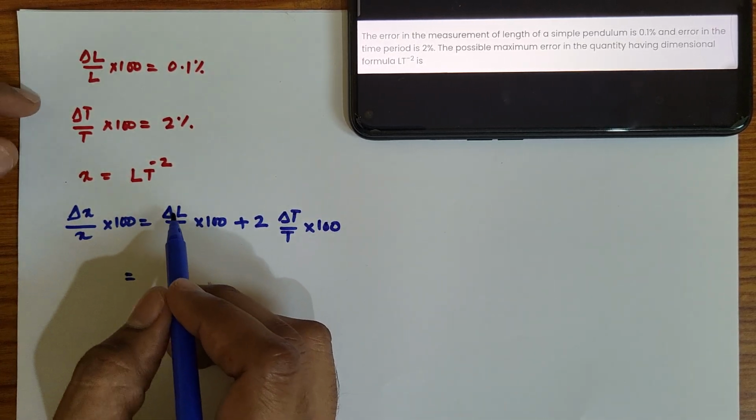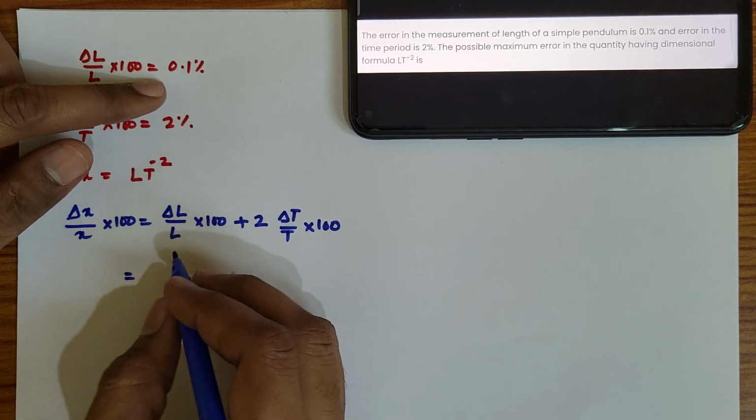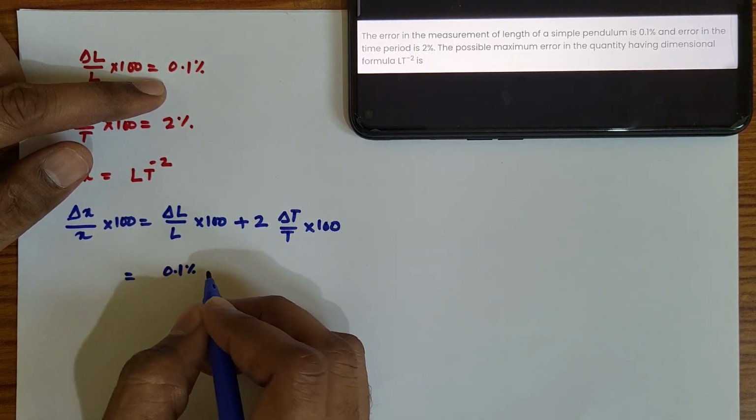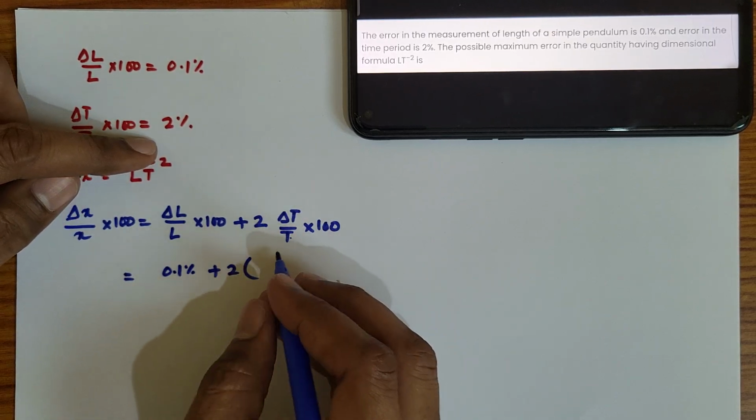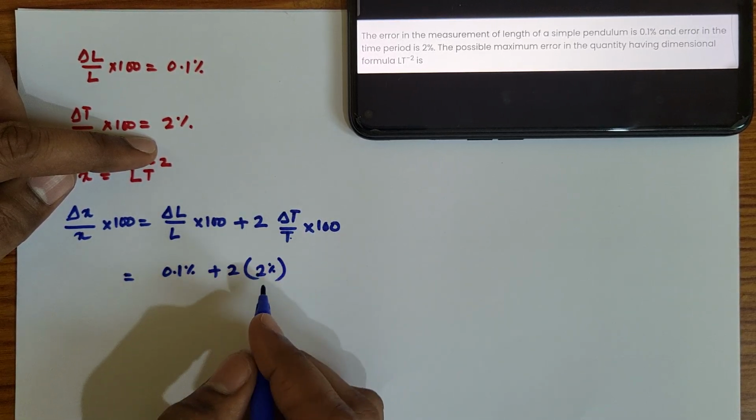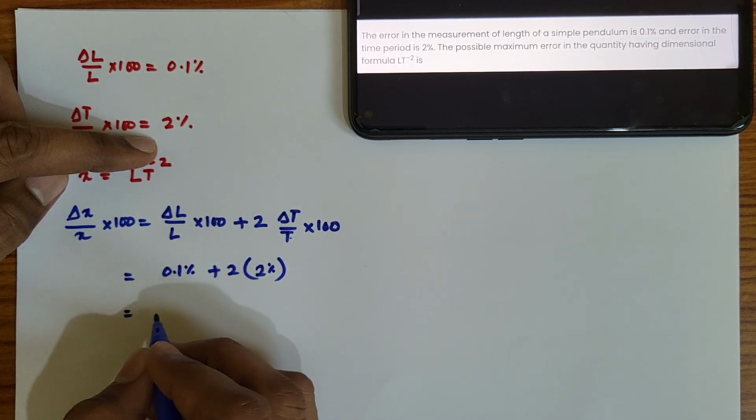So delta L by L into 100 is 0.1%, plus 2 times delta T by T into 100, which is 2%. 2 times 2 is 4, 4 plus 0.1, it is going to be